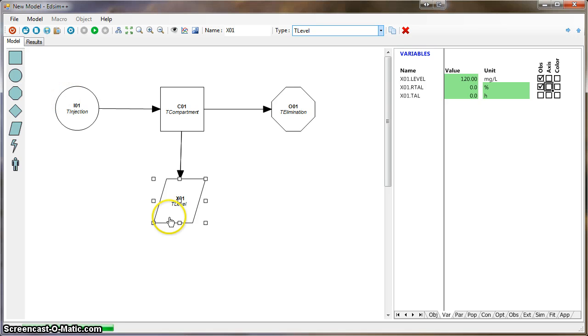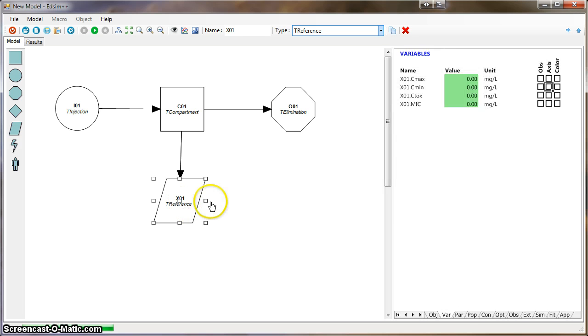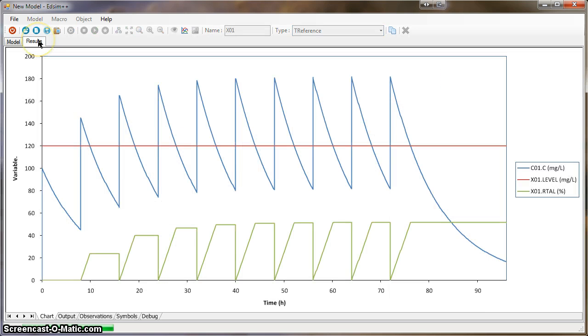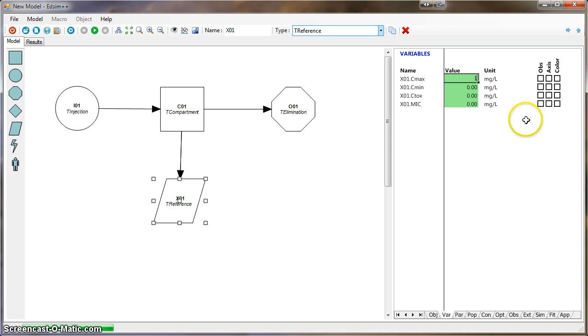Okay, a more passive object here is what we call the reference tool. And the reference tool doesn't do any calculations. It's only used for showing some reference values. So if I say, for instance, let me look at the levels again. Okay, it's about 180 and it is about 80. So if I say I want to have some reference lines here, 180 and for instance 80, and I want to show these reference lines,